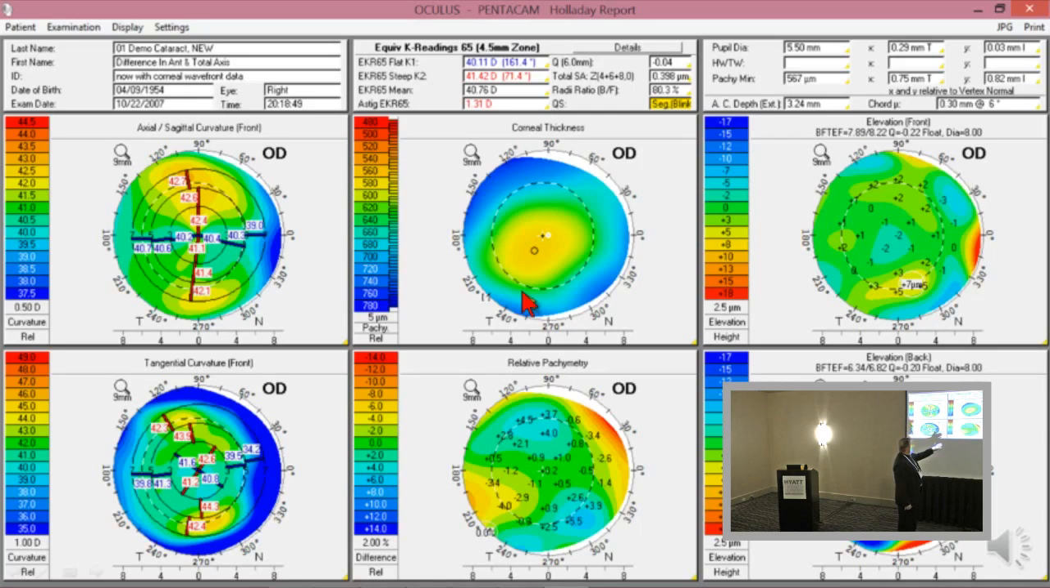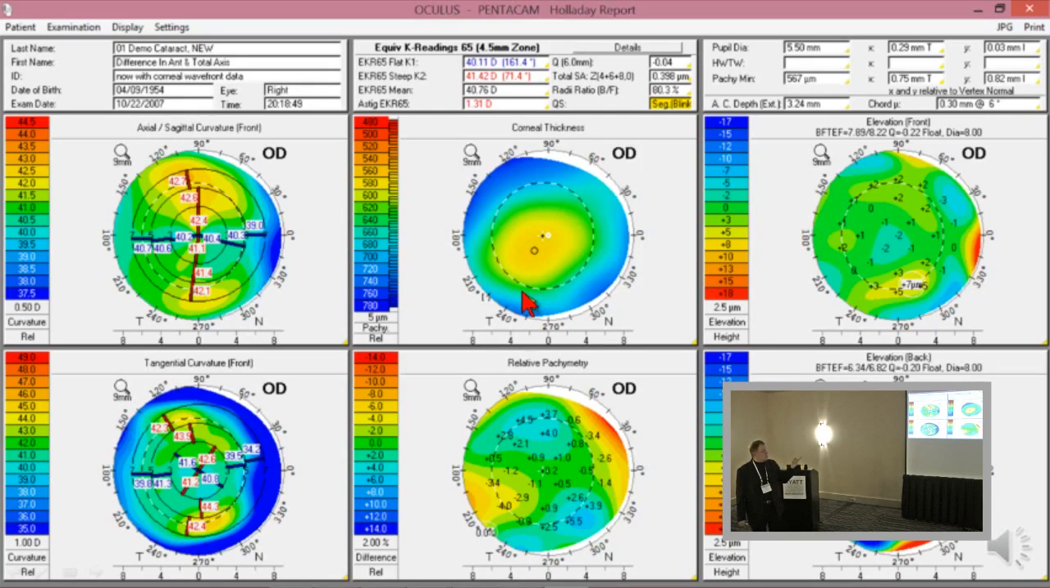Relative pachymetry is pretty good. And we've got an elevation on the back that's at about 9 microns and 7 microns on the front. Okay, well, I will tell you that this is nothing more than a little difference between the eyes, but this guy is suspicious because of that elevation on the back, but it wouldn't change anything that I'd do if I were doing cataract surgery, and I would actually, because